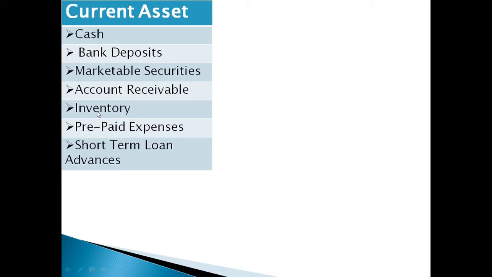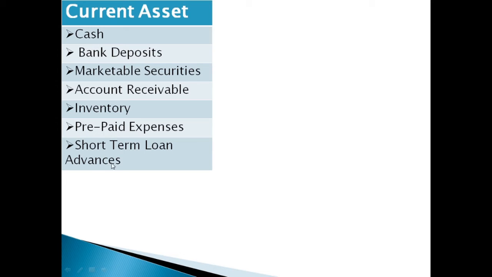Inventories, let's say in your godown or in your office you have a lot of inventories which are unsold, so you can sell those inventories in a short time and generate cash that way. Next are prepaid expenses. Let's say you have paid your suppliers in advance for raw materials, so now you can get those raw materials, generate your product and sell it in the market. In that way also you can generate cash.